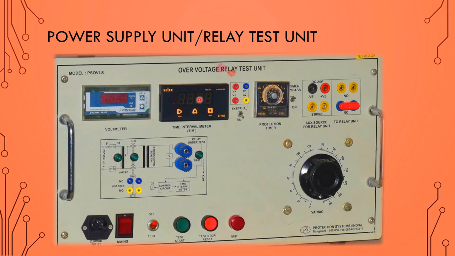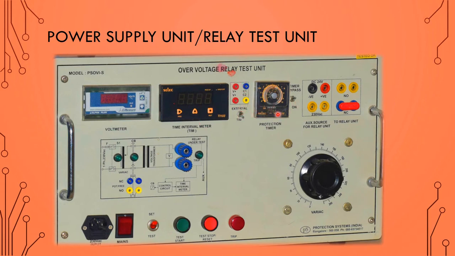Then this is the time interval meter. This will measure the trip time, and this is the external switch of this time interval meter, so that we can use this time interval meter externally. That means we can use it only as a timer. If it is not needed, then we should change this switch to the TIM position. If you select the TIM position, the timer is synchronized with the circuit breaker switch. Whenever the circuit breaker turns on or turns off, the timer will operate accordingly. And when the switch is in external mode, then we can use the timer externally.